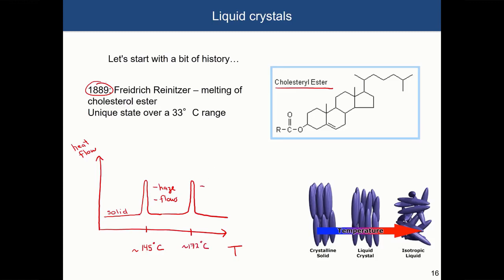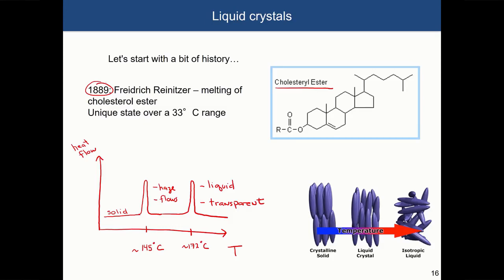So if this was just a standard type of material, let's say a crystalline material, it would have only one peak because it would transition from solid to liquid. But certain types of materials can exist in the liquid crystalline phase. What this tells you is that the material itself can have a solid crystalline form. It will transition to a new state of matter called the liquid crystalline state. And when you increase the temperature, it will become completely liquid. Right? So these are just three different forms of the same type of material that can exist at different temperature